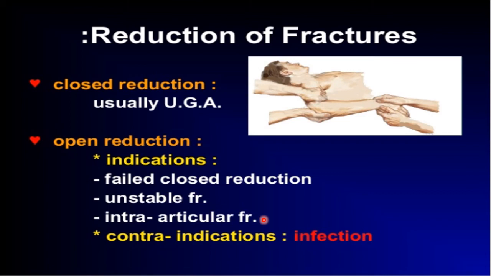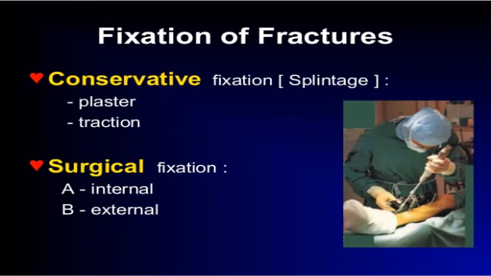The contraindication to open reduction, of course, is infection. If it is a compound fracture and dust and dirt from outside has gone in and the patient has presented to you late, after 6 to 8 hours, then infection may have started already, and in such a case if you put in a metal implant, the bones will become infected and the bacteria will find a foreign body to grow in or grow around, and then you will be in trouble.